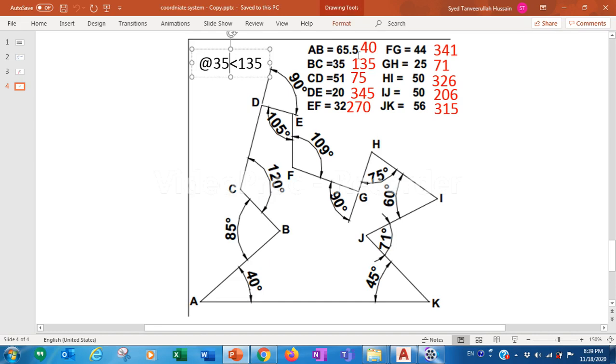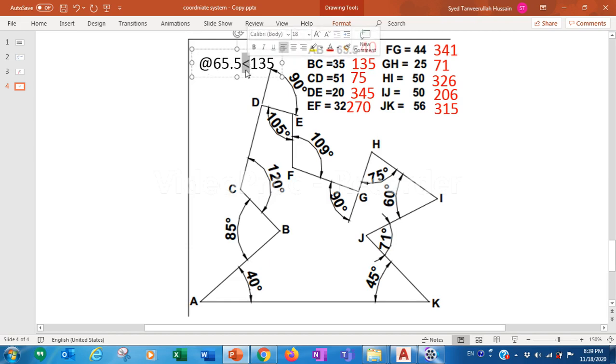So how to draw this line? 65.5 length and the angle 40. How to draw this? You have to type this on the keyboard. 65.5 and this less than symbol. The @ symbol is for the length, how much? 65.5.